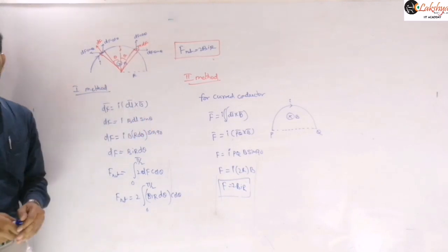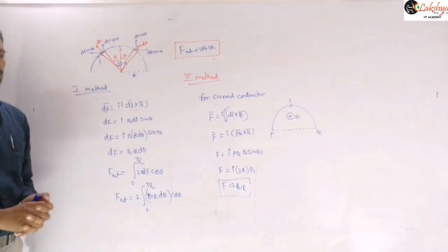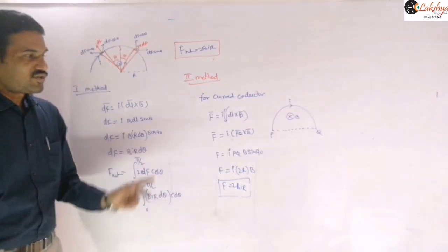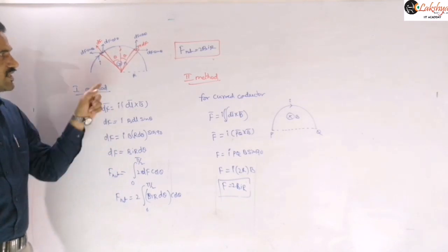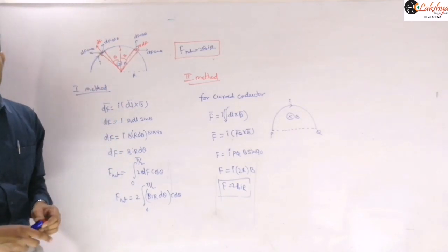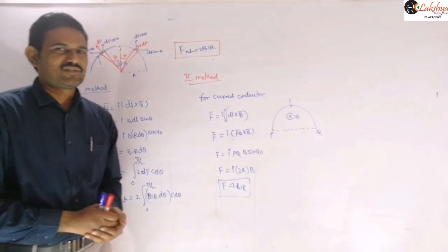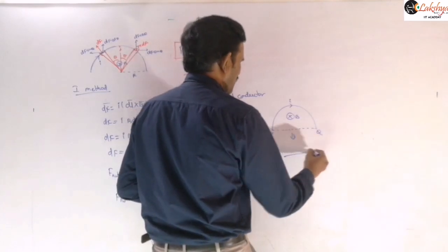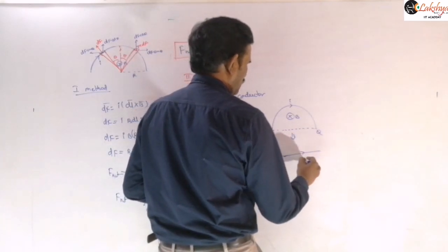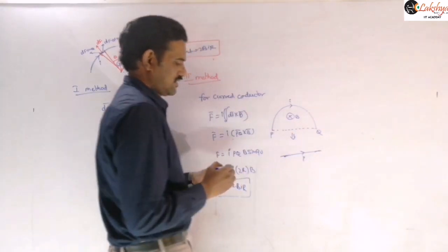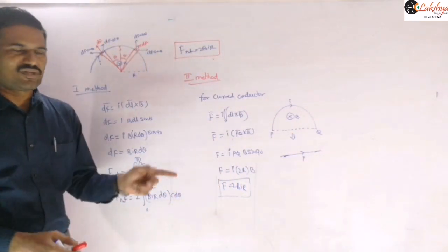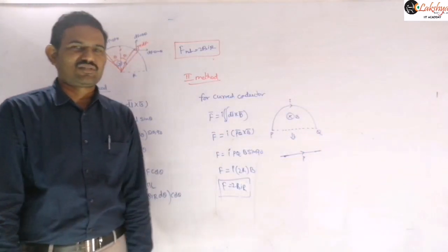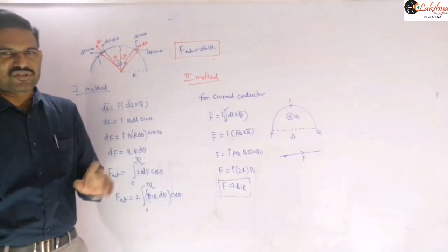You can directly take the shortest distance between them and you can calculate the force acting on it. So we are replacing this total curved conductor by a shortest distance. And you can also find the direction here. Here we are getting the direction of the force along this j cap direction, right? And so now here also you can get this direction. So for finding the direction also, you can replace this by a straight conductor PQ here, carrying the current I. Now the direction as well as the magnitude are the same. The force acting on this semicircle and the force acting on this straight conductor, whose length is equal to the diameter of that semicircle, both are exactly the same.